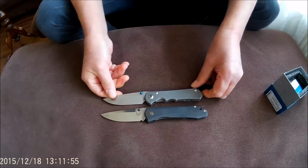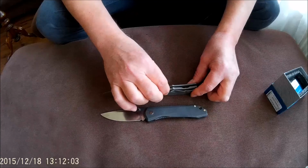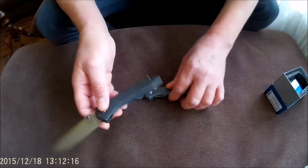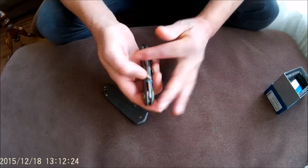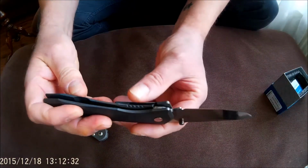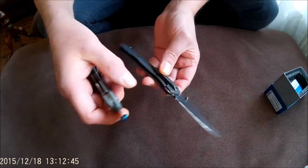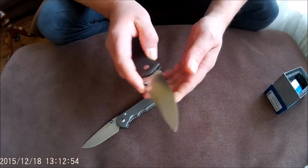Of course, there are many similarities: size-wise, length, used materials, titanium, S35, M390, but they are completely different knives. This is on washers, this is on bearings. This has a completely different lockup. The titanium is much thicker on the Sebenza, although much thicker, it's less material removed. This is much more sculptured, rounded. I don't know how to tell it, but